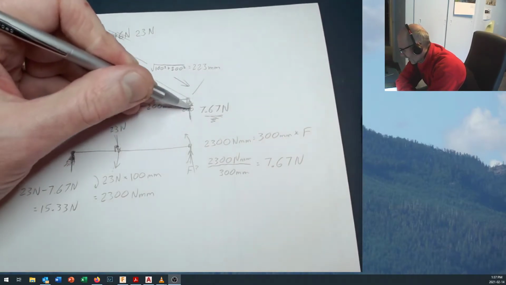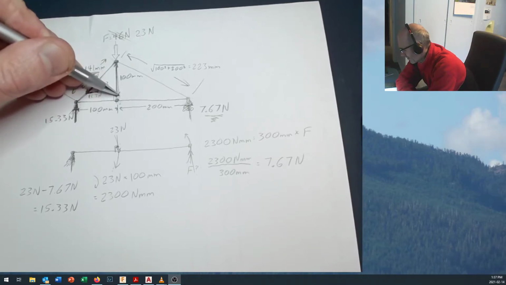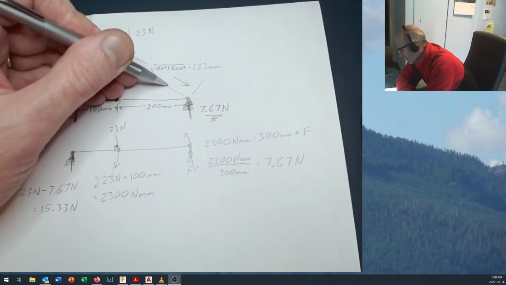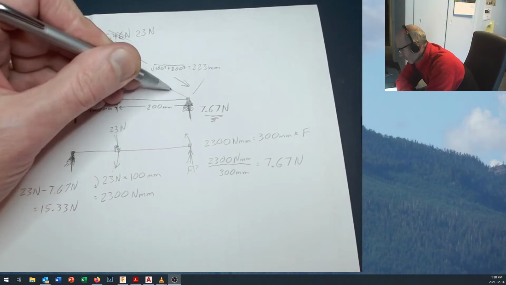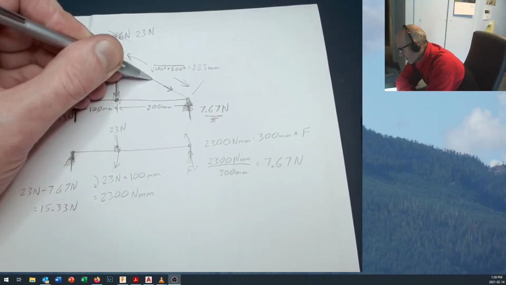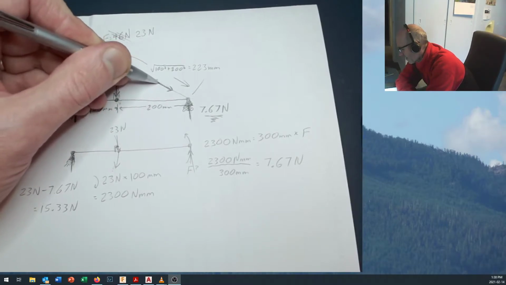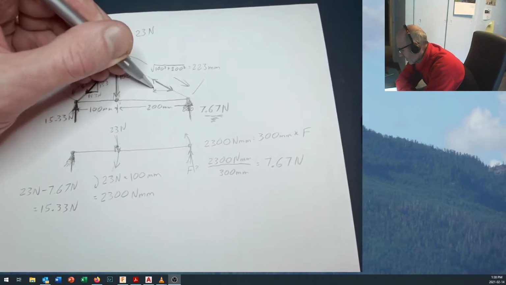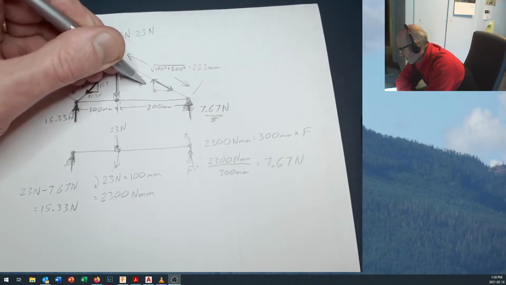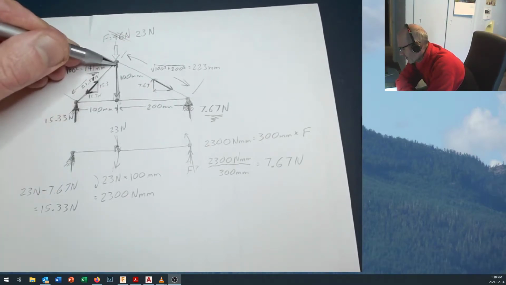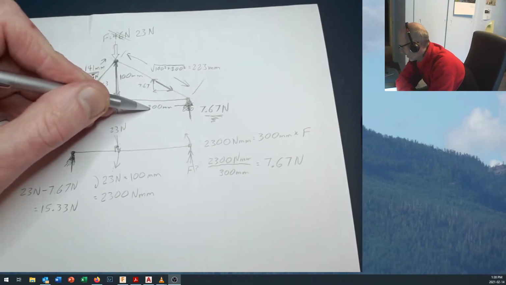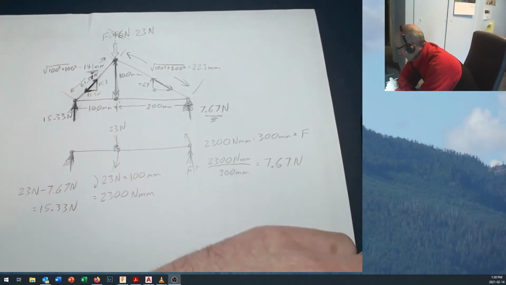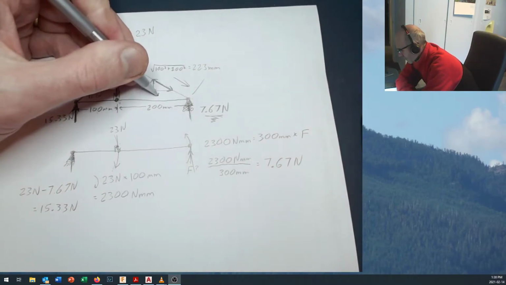Over on this side, we've got 7.67 acting up in this direction. Okay, so again, this member is pushing up on that one. So we've got a compressive force acting in this member because it's pushing on both nodes. But coming over this way, you'll notice that this vector has to be a little bit longer than this one right here. We've got 7.67 going up in the 100 direction. The 200 millimeter direction is twice as long, so our horizontal component is going to be twice that, which is going to be 15.33, thank goodness,